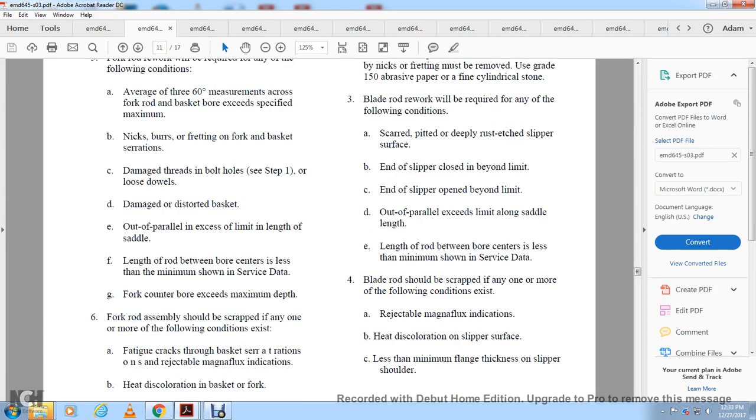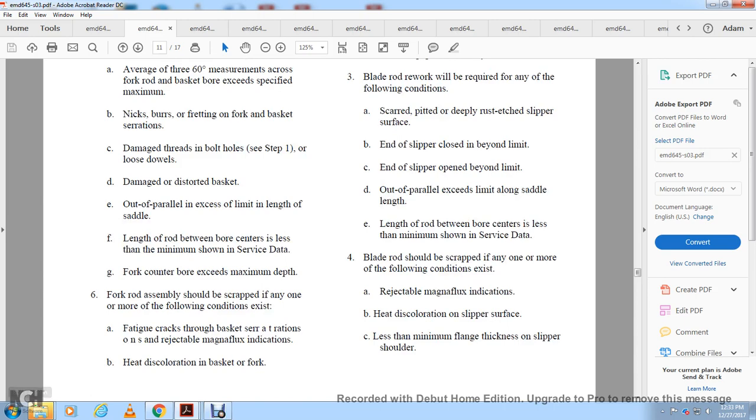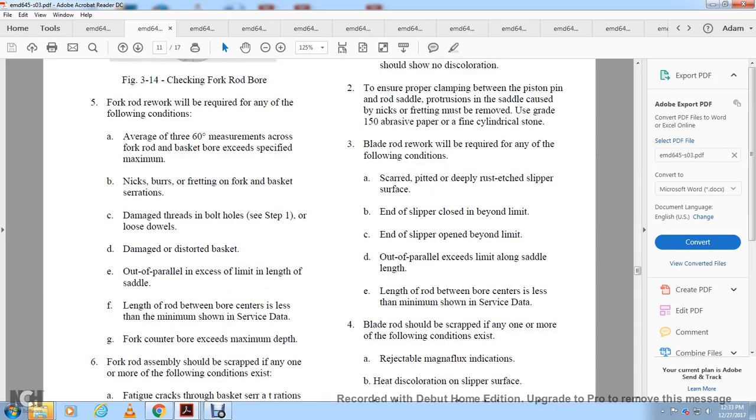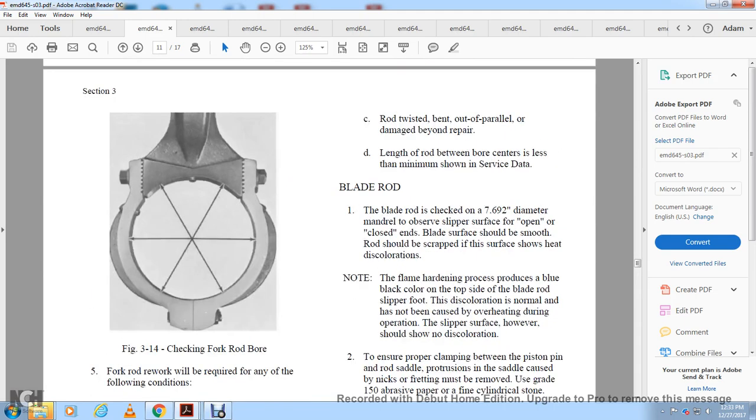Fork rod assembly should be scrapped if any one or more of the following conditions exist. Cracks in the half of the basket, rejectable magniflux serration indications, heat discoloration of the basket of the fork, rod twisted and bent out of parallel, or damage where the length of the rod between the bore center is less than the minimum shown on the surface of the data of the blade rod. The blade rod is checked for the